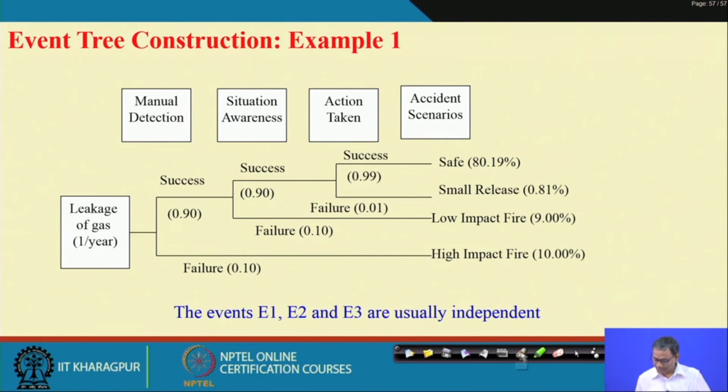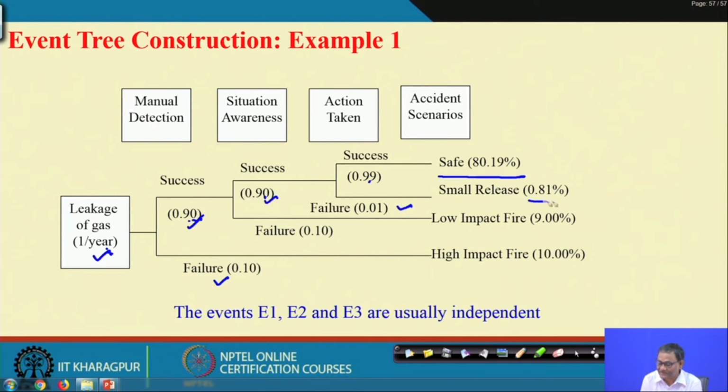Now I have given you the values. Leakage of gas 1 per year, success 90%, failure 10%, like this. So multiply this into this into this into this, that means 80.19% of the time it will be a safe situation. And then small release is what? 1 multiplied by this multiplied by this multiplied by this is 0.81. Then low impact fire is 1 multiplied by 0.90 multiplied by 0.10. So this is basically 0.09,